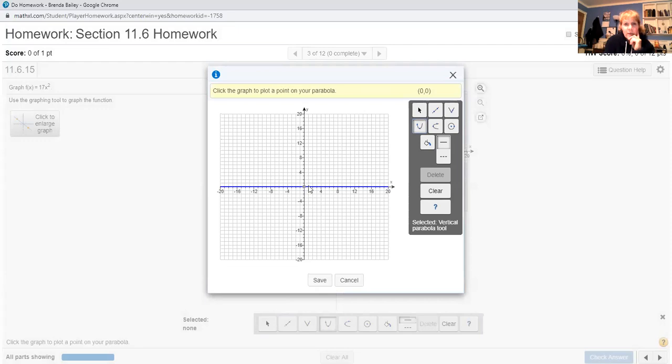Okay. Now, in order to know where the next point is, does it go up like this or does it go down like this? You need to find one point, okay? I suggest we go just to the right of our vertex. How about if we put in the number 1 into that function? If I put the number 1 into the function, I get 1 squared, which is 1, times 17 is 17. So I need this second point